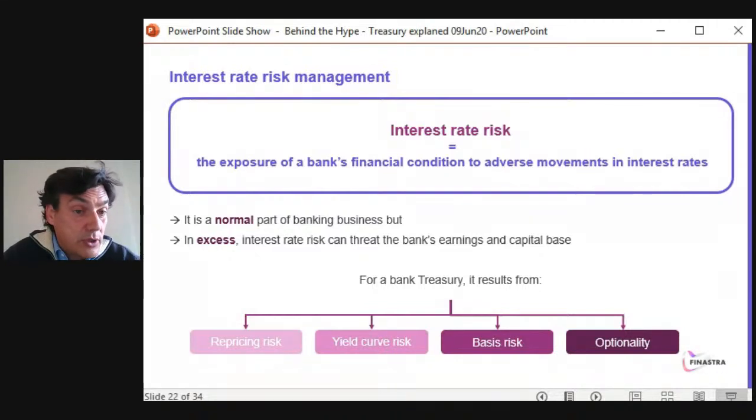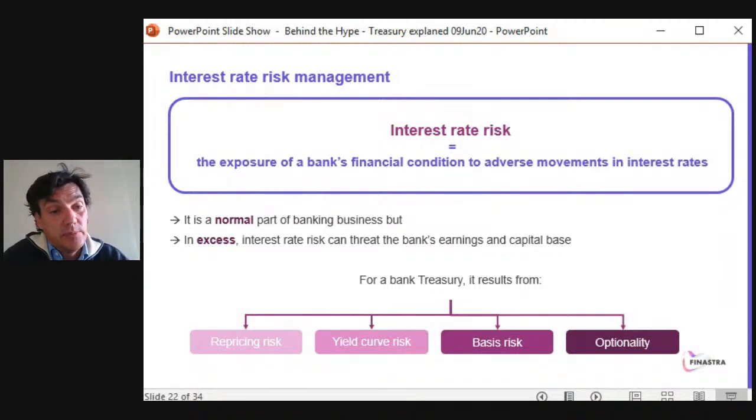The second one is obviously the shape of the curve. So it's the yield curve. Is it ascending? Is it descending? Is it a U shape? Is it going to be flat? Is it negative? And negative is a big topic at the moment for European banks, for Swiss banks, for Japanese banks. All those countries are in negative. There are talks about going negative in the UK. In the US, they said that they don't want to go negative, but actually the overnight rates in the interbank market are negative as well. So it's very risky, and it causes some problems in terms of profitability for the banks and the treasury again.